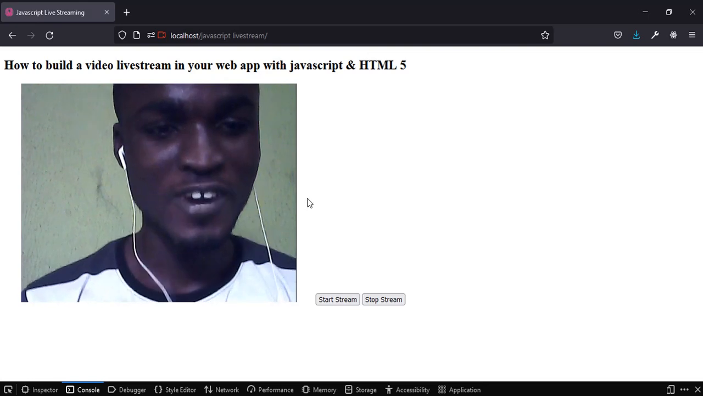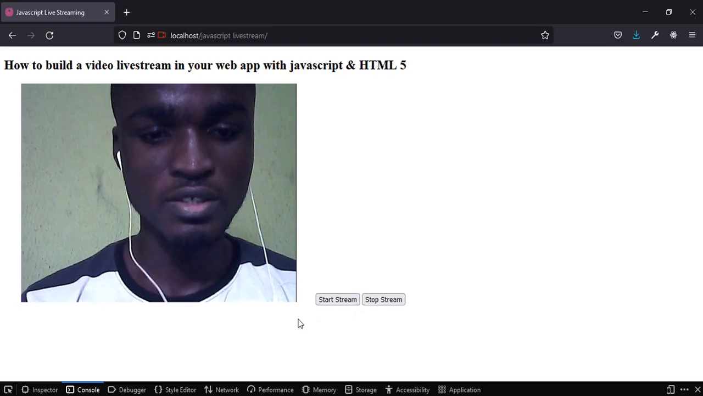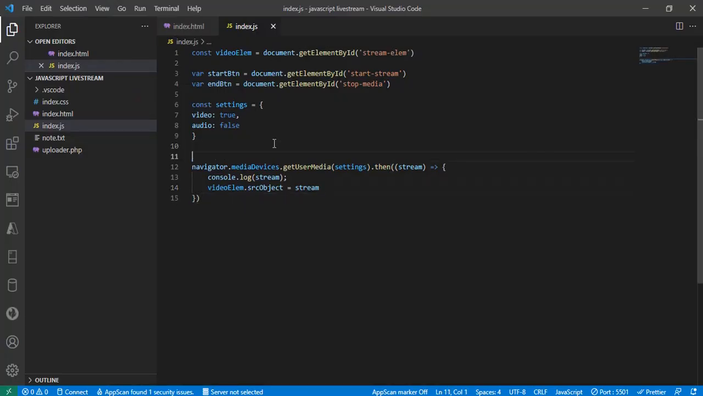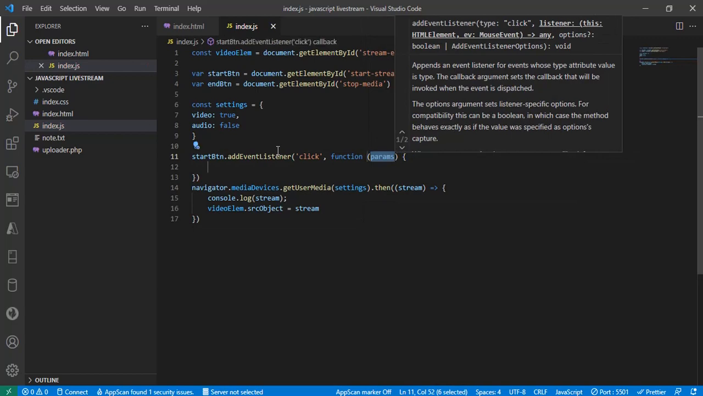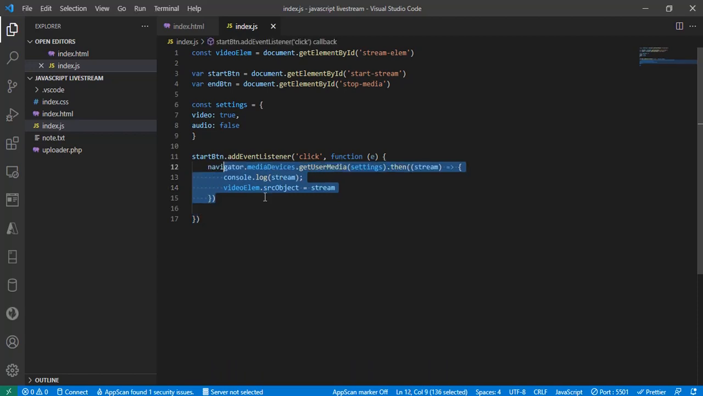Okay, alright, let's go back and set this button here. Let's add the event to the button, so that on click of the button it will start the stream. So dot addEventListener, click. Then the callback function, and just pass the E. We don't need it actually, but I'm going to pass it in. Alright, so on click of the button,